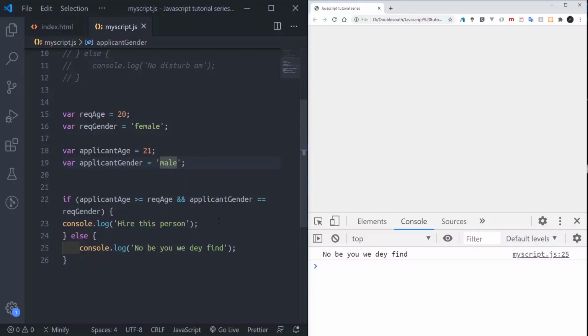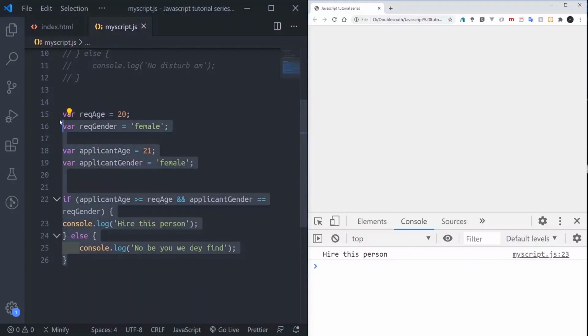So what you need to understand is that for the logical or inside this if block to fly, as far as one of them is true, then it will work. But for the logical and, both of them need to be true. They need to be true for them to run. You get. That's it. So if I change it back to female, then I run it, it shows me that I had this person. Why? Because this one matches and this one matches. So this first condition turns out to be true, and this other condition turns out to be true. So that is the logical and.